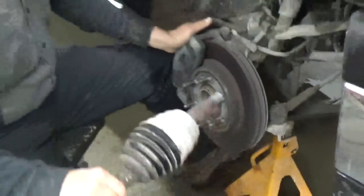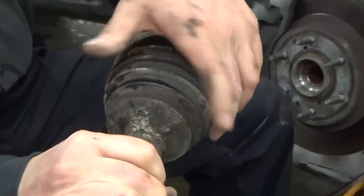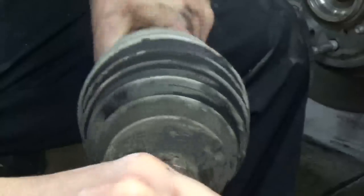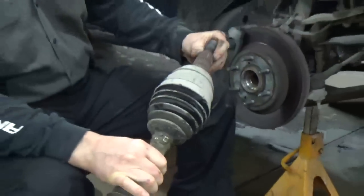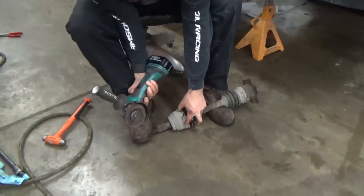Once you get it out, you can see right here where we're leaking at. That's where the grease is split right there beside the clamp. So what we're going to do is clean that up, and I'm going to show you how to change out that CV boot. Okay, what I've done is taken a slicer wheel, and there's a stainless steel clamp on the outboard end of that